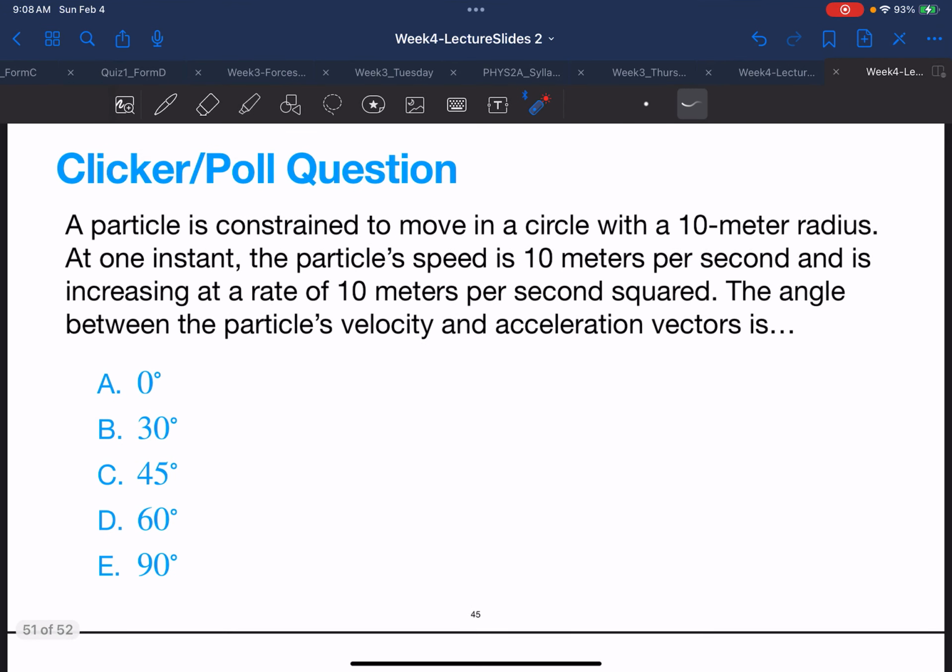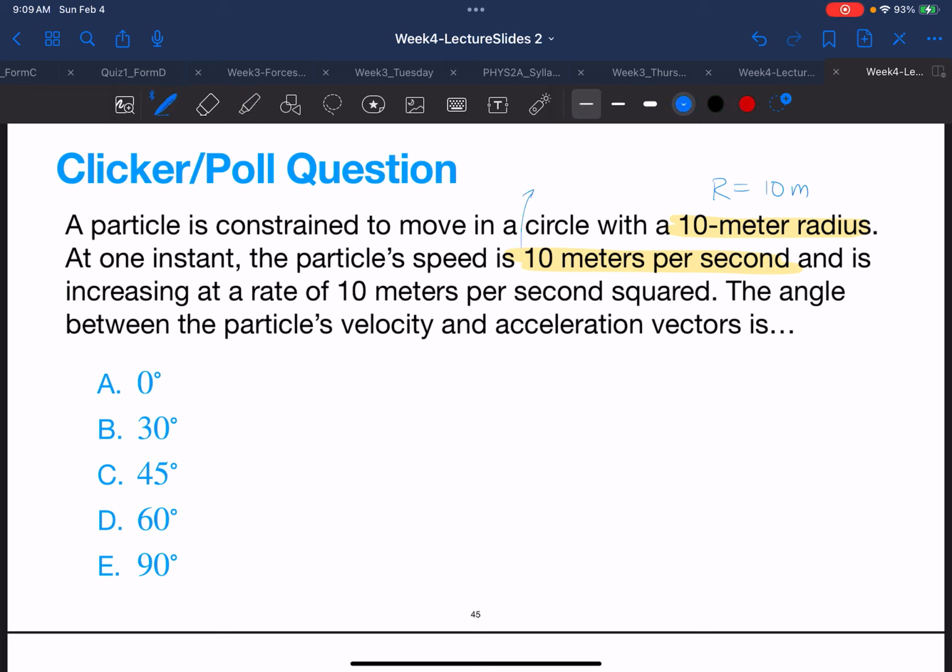All right, let's go through this poll question together. We have a particle constrained to move in a circle with a 10-meter radius. So the radius of the circle this object is traveling in is 10 meters. At an instant, the particle's speed is 10 meters per second. So we know at some instant,